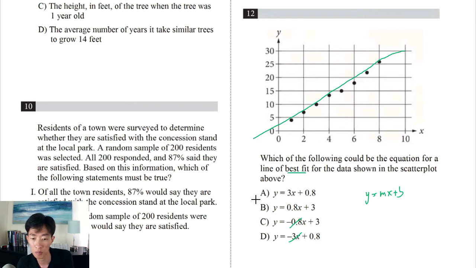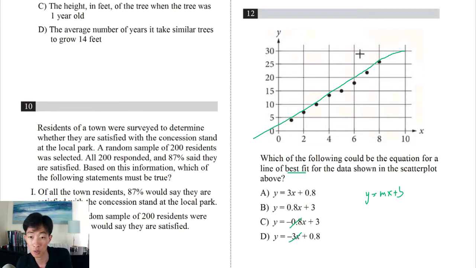Between choices A and B, we've got different slopes and different y-intercepts. I don't really trust the accuracy of my line. Is the y-intercept more like 0.8, which is close to 1, or is the y-intercept 3? That to me is too risky to actually guess, so I'm going to try to figure out which slope is more